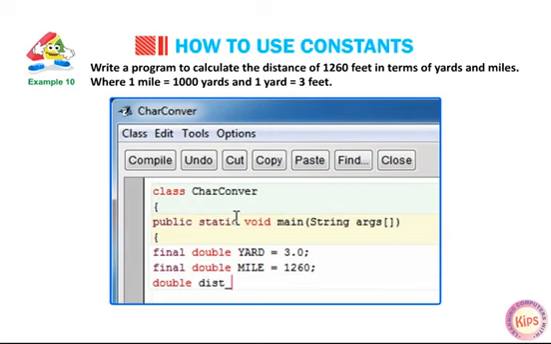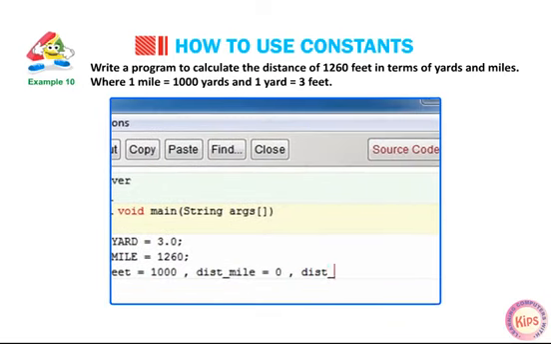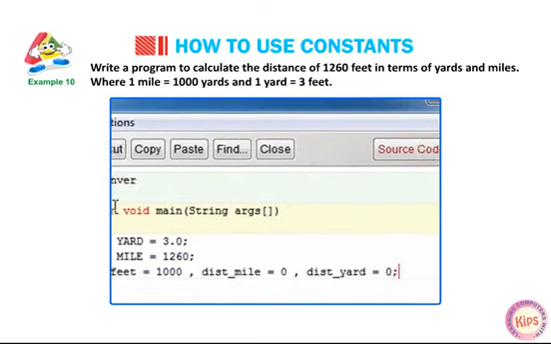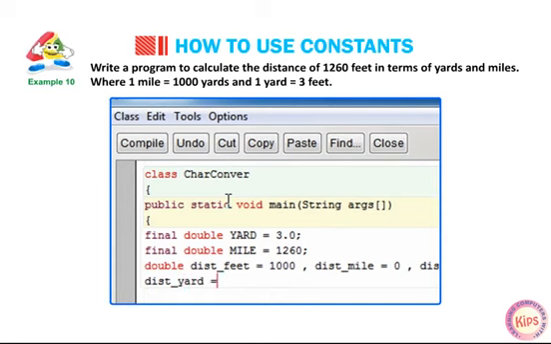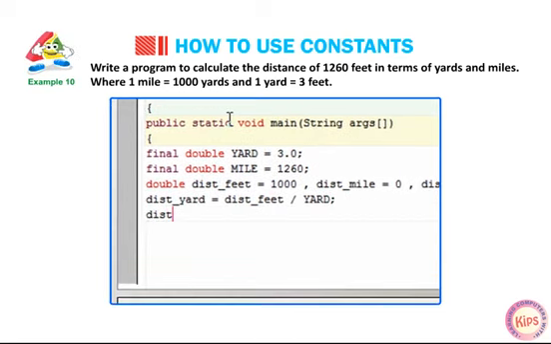double distance_feet = 1000, distance_mile = 0, distance_yard = 0; distance_yard = distance_feet / yard; distance_mile = distance_yard / mile;